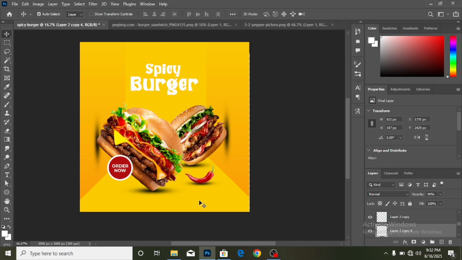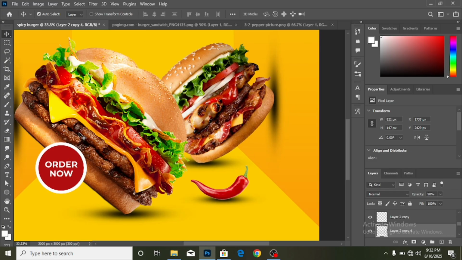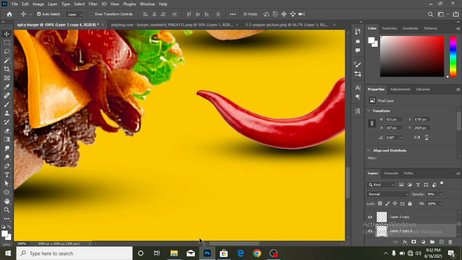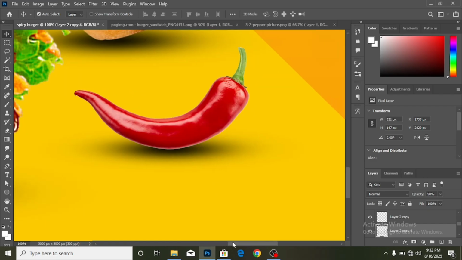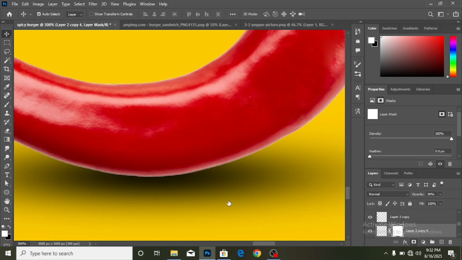But if you notice quite well, this pepper has a white highlight, which makes it kind of weird being on top of our shadows. So we are going to be fixing that, and you can do that easily by creating a clipping mask next to the pepper